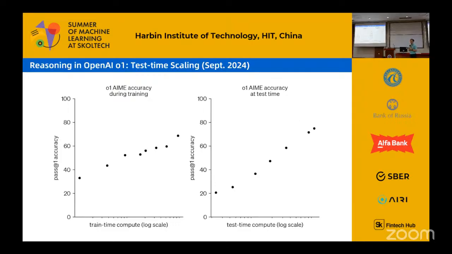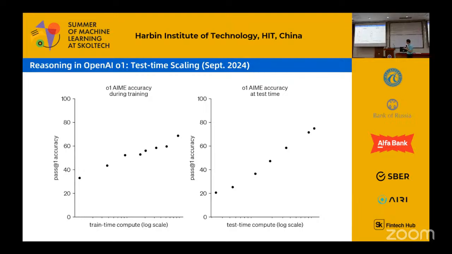In September last year, as you know, OpenAI released their o1 model. It's maybe the first large-scale reasoning model, and it first demonstrated the scaling law at test time. Usually, for large language models, the more training time, training data, and training GPUs you use, the better performance and accuracy you get. OpenAI o1 demonstrates that if you use more time for testing, like for COT, chain of thought reasoning, you can also get better performance.